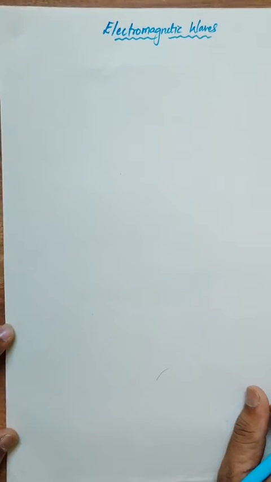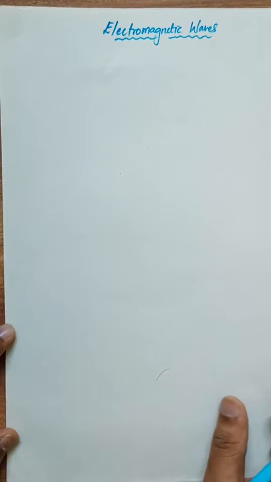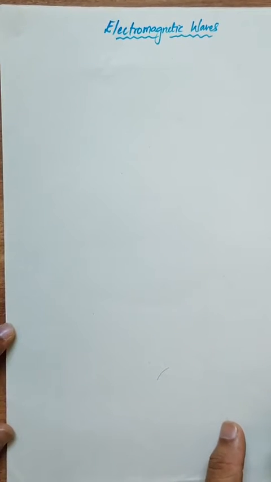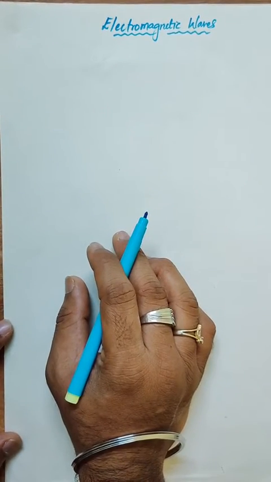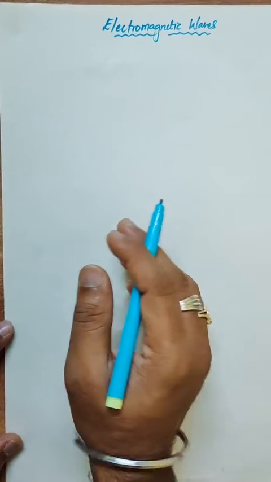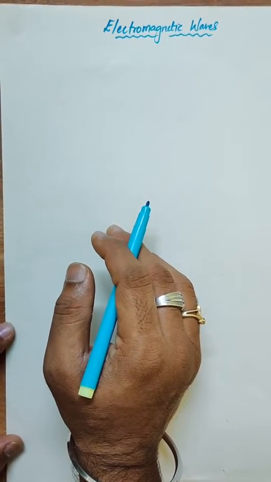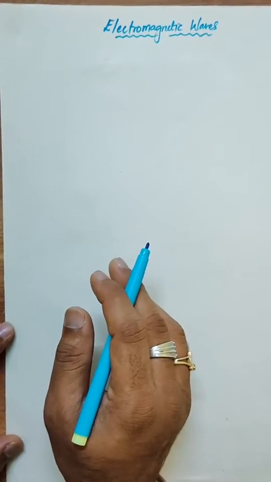Hi students, in this video we are going to discuss the synopsis of the electromagnetic wave chapter from 2nd PUC or class 12th, so that we can easily solve a few competitive exam questions. First of all, we will see the basic laws of electricity and magnetism. Those are called the electromagnetic equations.